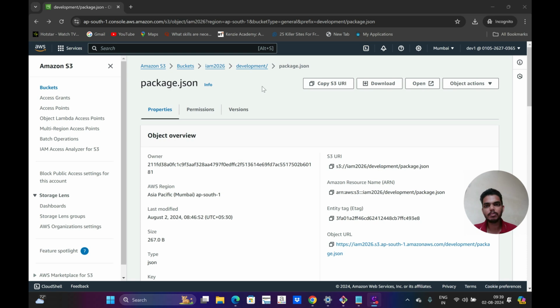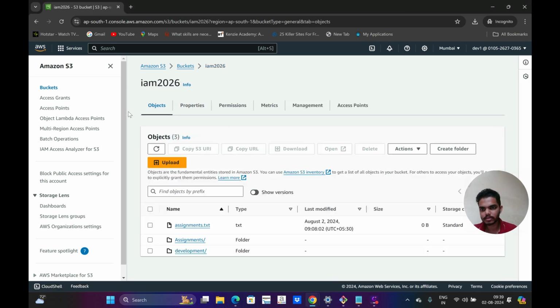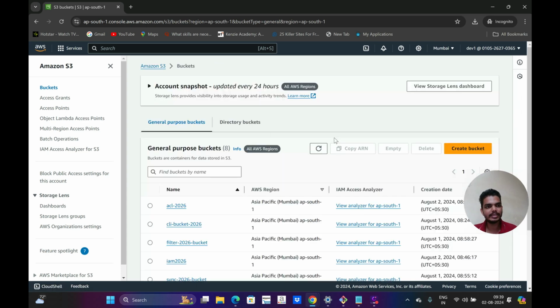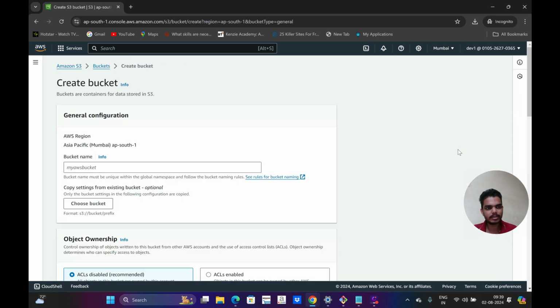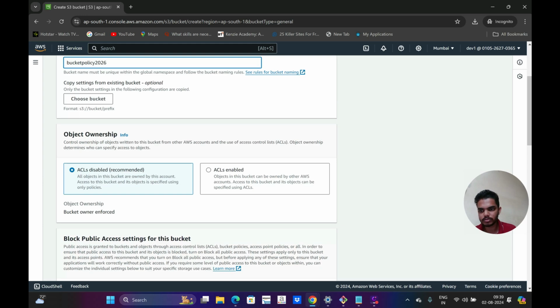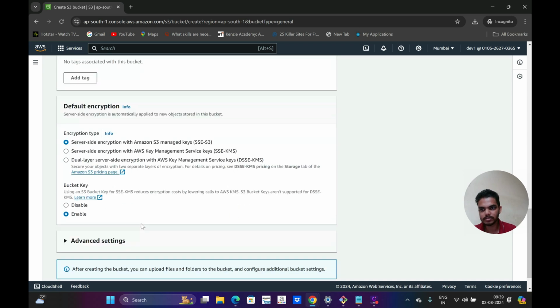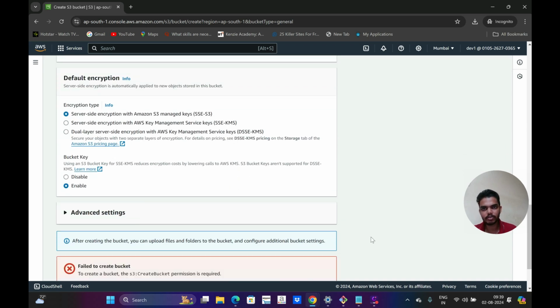Now let's see bucket policy. For bucket policy, I can create one more bucket. Let's create that. Create bucket, and I can name it bucket policy 2026, and here you can see public access is denied now. All is disabled. And if I click on create bucket,